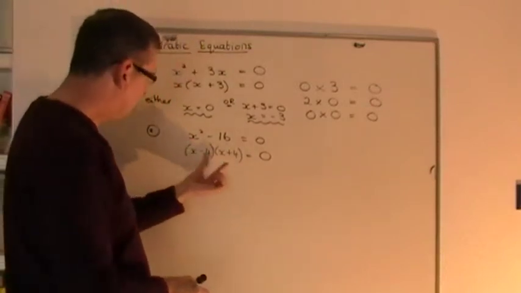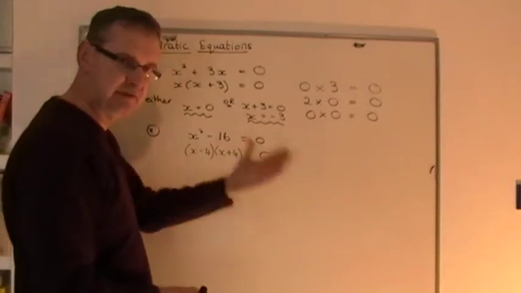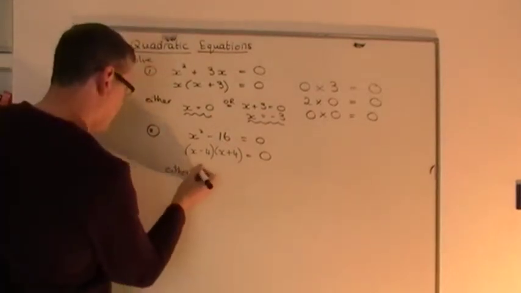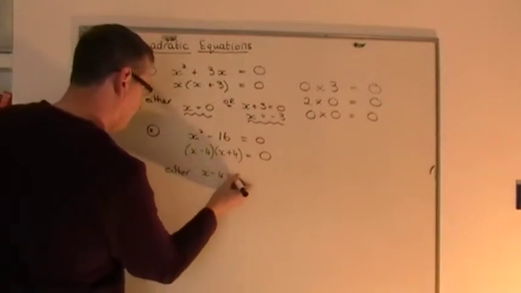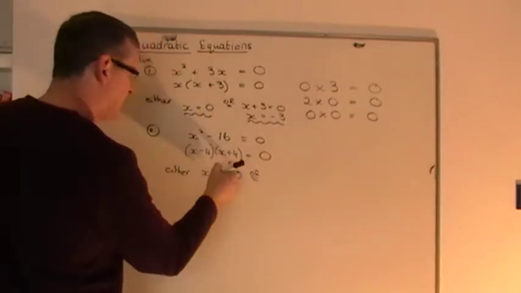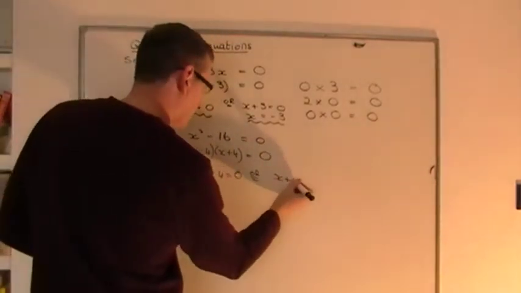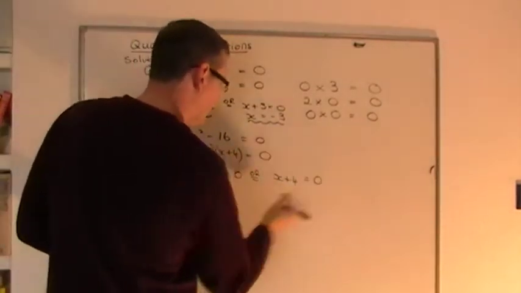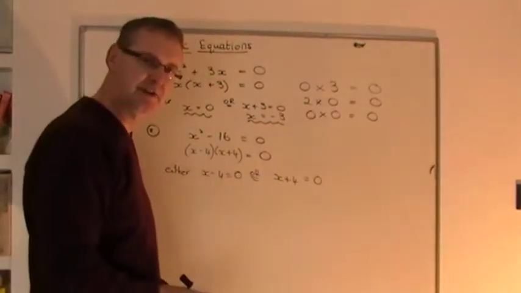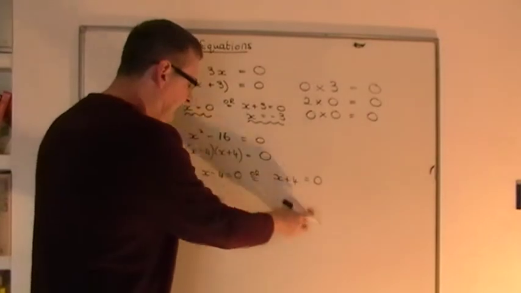Okay, we've now got two brackets multiplied together to give an answer of 0. So we say either the first of them must be equal to 0, or the second of them must be equal to 0. So we're getting two little year 8 equations that are coming out now, which we can solve to find two